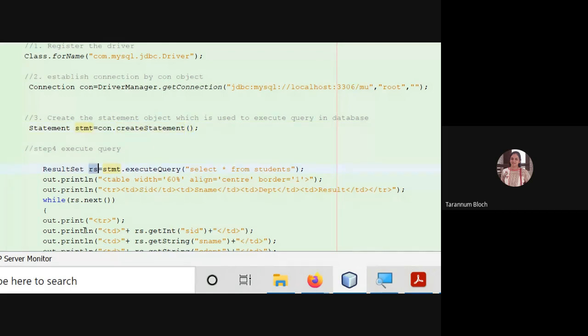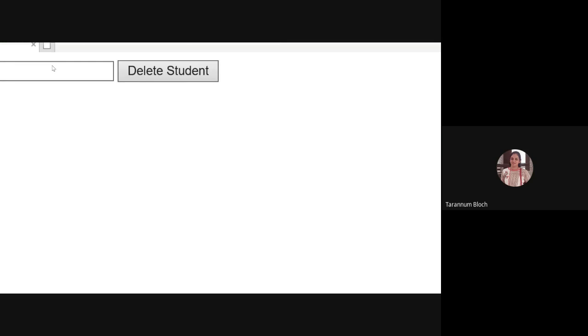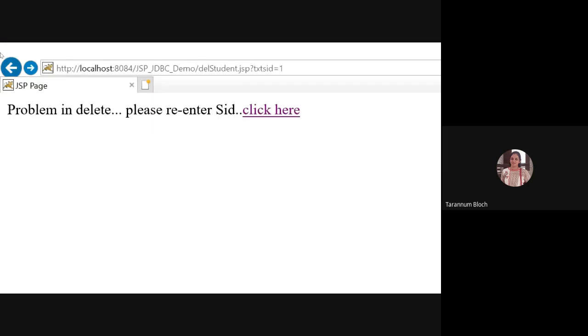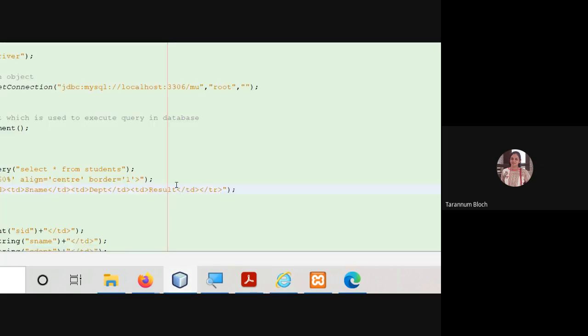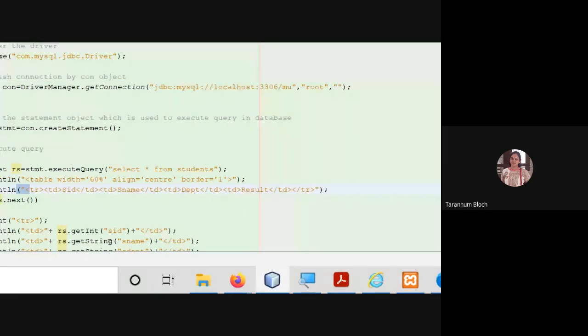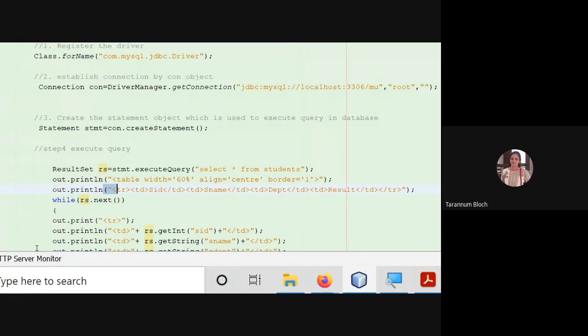And now I want to display it, but as this is a web application, I will display it inside an HTML table. So I've taken the table with width 16, align center, border is 1. Taking the first row, if you look at the output, the first row of output is a static one, only appearing once. These are just labels, simply text we have given. So we have taken the first TR with 4 TDs displaying student ID, student name, department, and result. It has nothing to do with the code. This is just for the view.